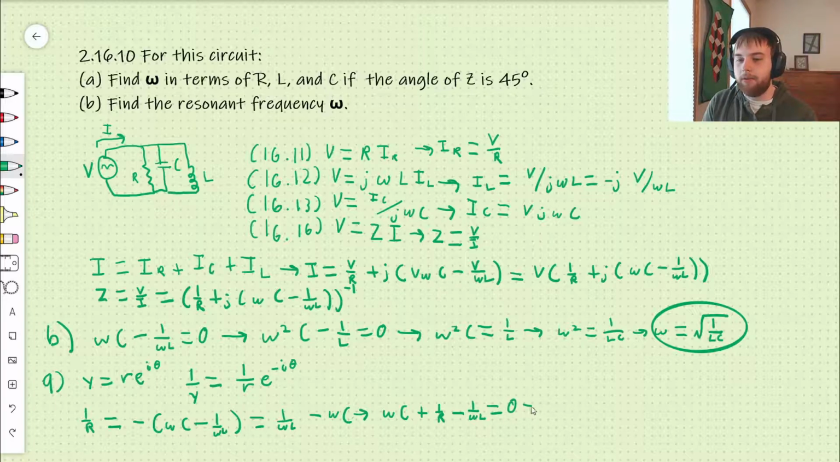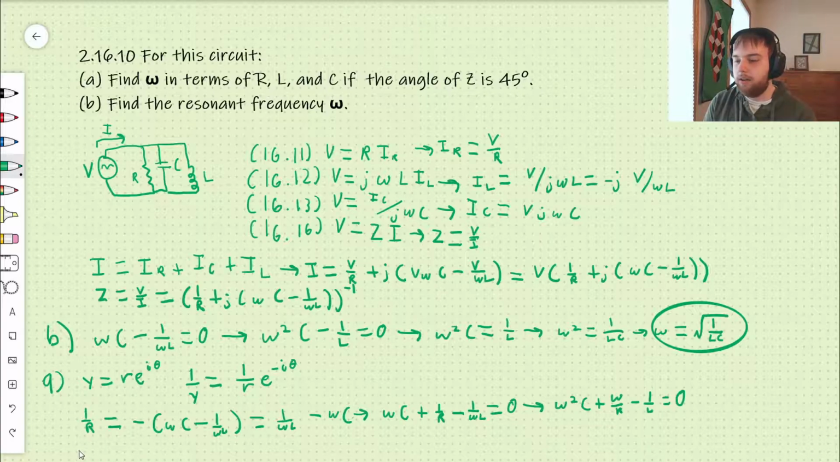You might be able to see where we're going with this. We can multiply both sides by omega like we did above. 0 times omega is still 0. But this is omega squared c plus omega over r minus 1 over L equals 0. And this is a quadratic equation. So applying what we know about the quadratic formula,